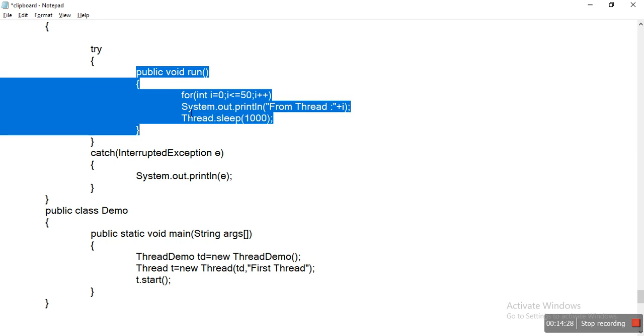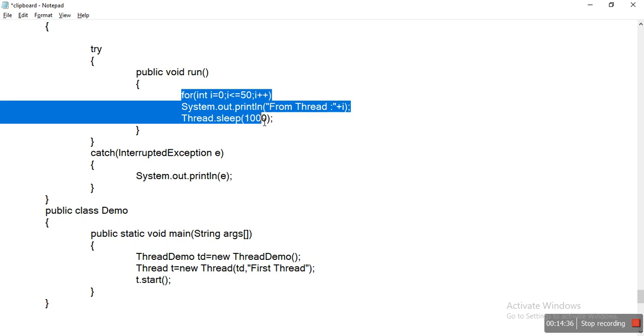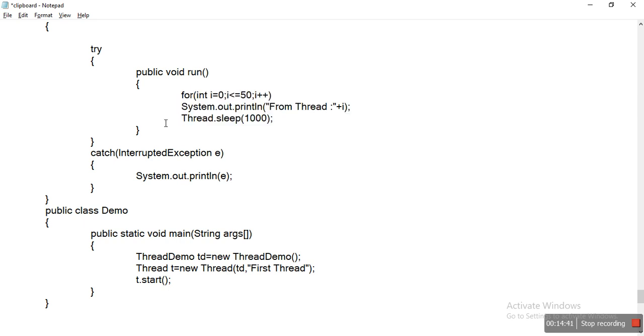Once the start method is called, the thread starts its execution, and once the code within the run method gets executed and its execution gets over, then we can say that the thread ends.